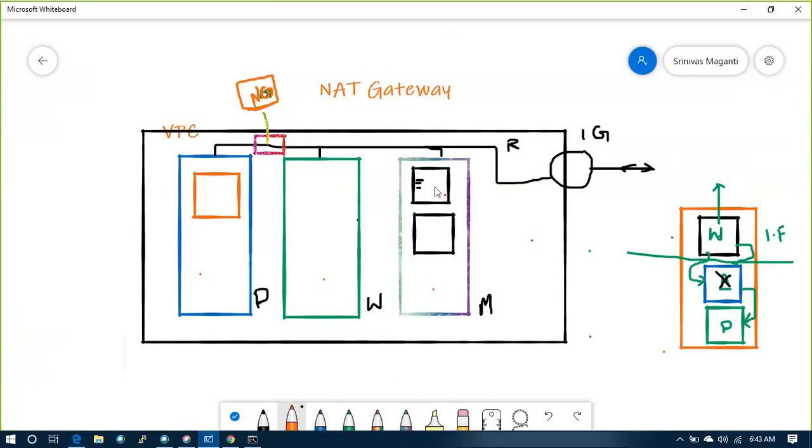This is one route table. These two subnets are using route table 1, and I have created one more route table. This route table is associated with subnet 3, and via NAT gateway it will go to internet gateway. That is how I have defined.